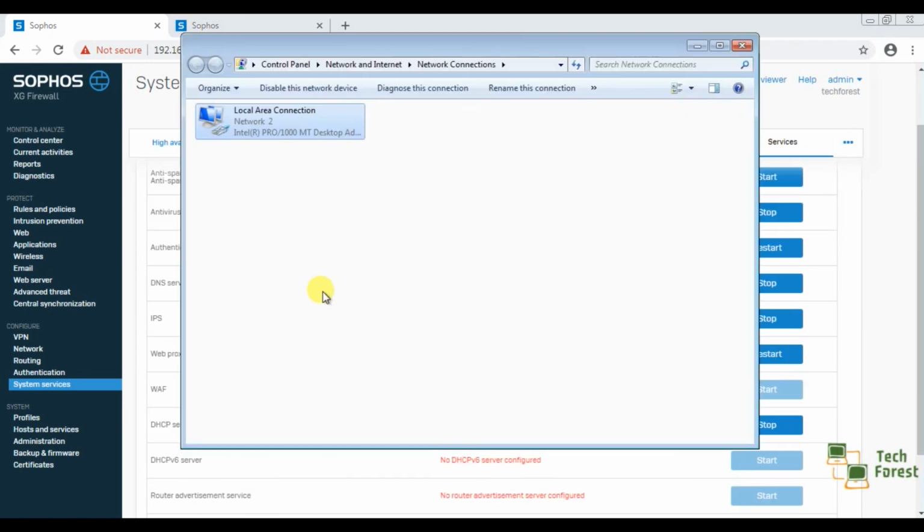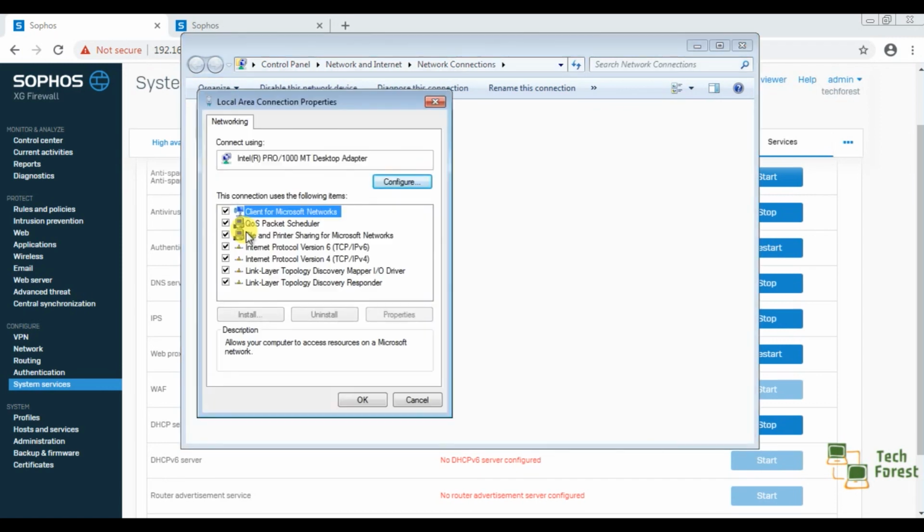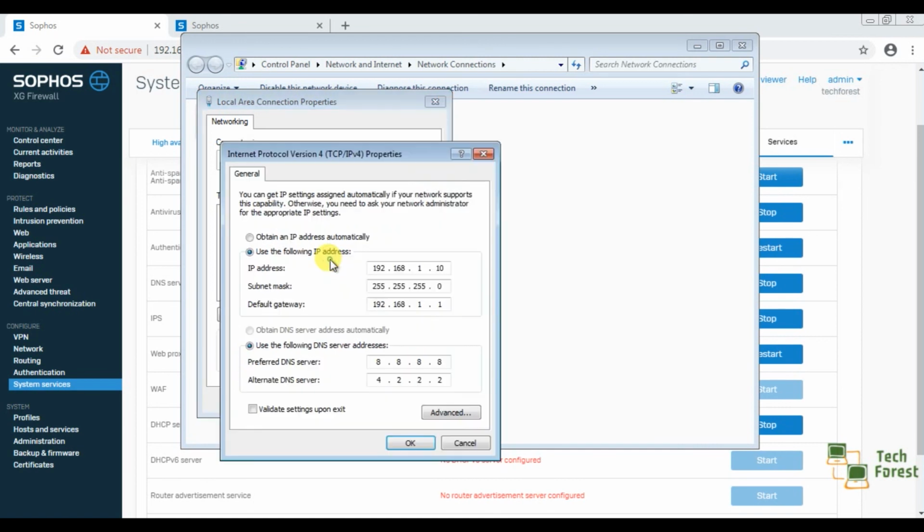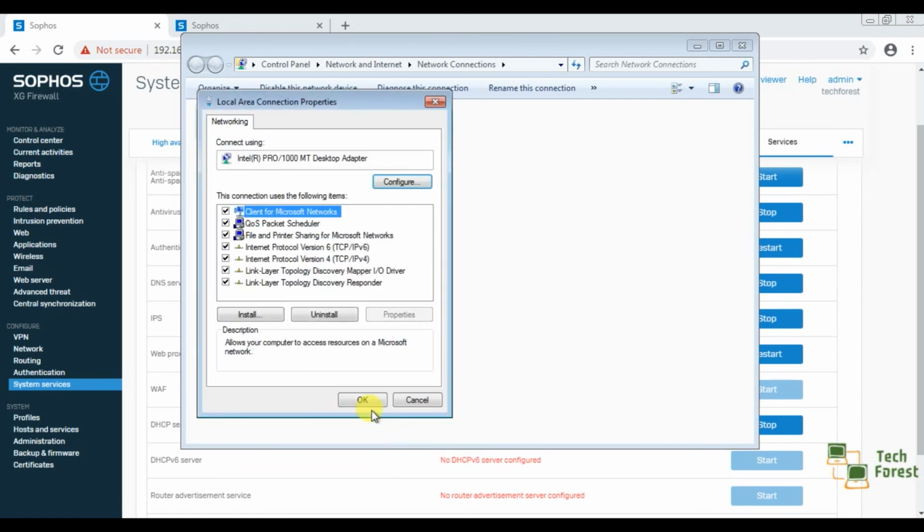Let's go to my laptop's LAN settings. Here I have manually entered an IP address, so I'm just going to select this automatic option and let's see whether I'm getting a valid IP from the IP pool.